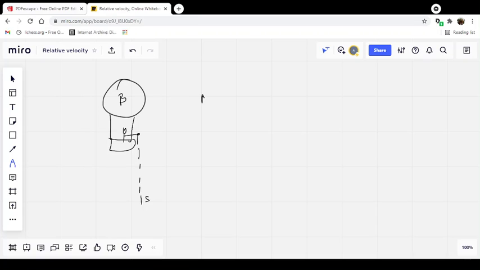So we have to find the displacement of the stone with respect to the balloon, and it immediately strikes your memory that we have to use the equation: initial velocity of stone with respect to balloon into time, plus half of acceleration of stone with respect to balloon into t square. So it just becomes a question of evaluating the relative initial velocities and the relative accelerations. The important thing is that in any question in which we are trying to apply this equation, the relative acceleration must remain constant with time. That is, it cannot be a variable with time.